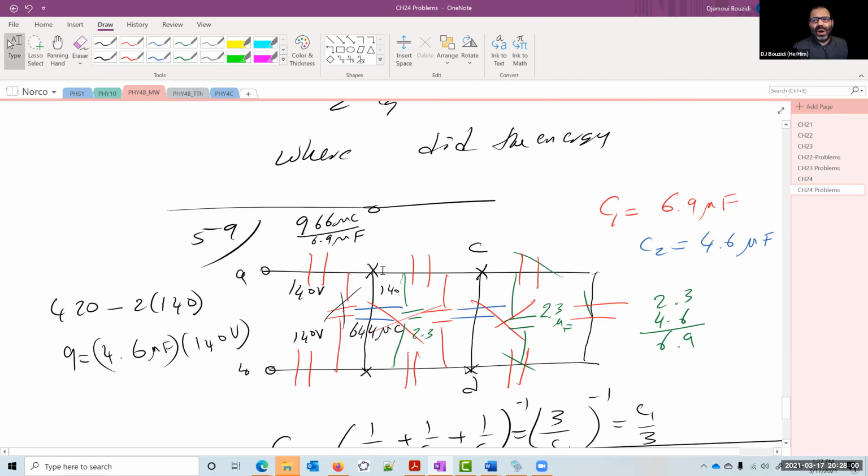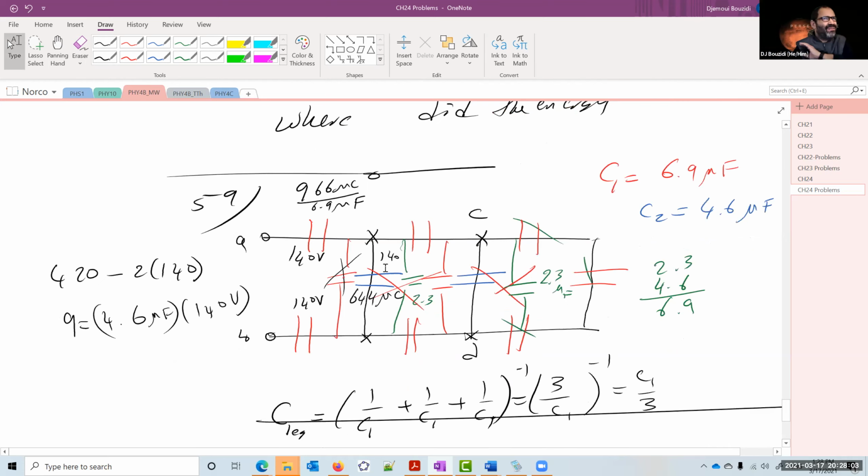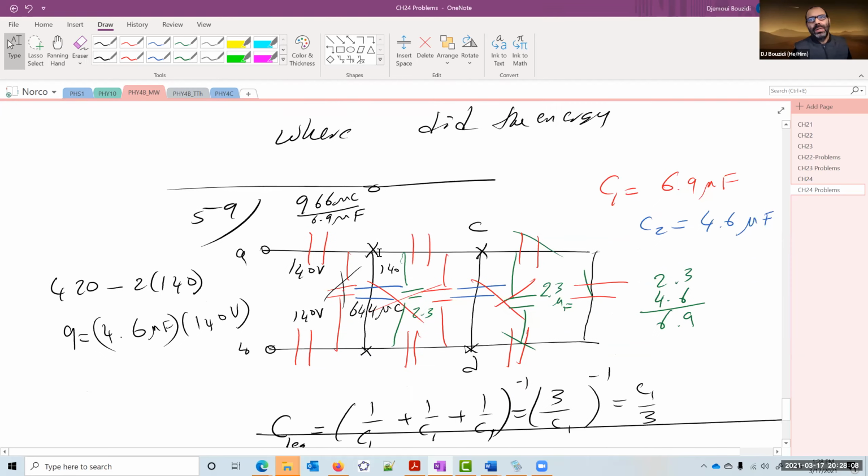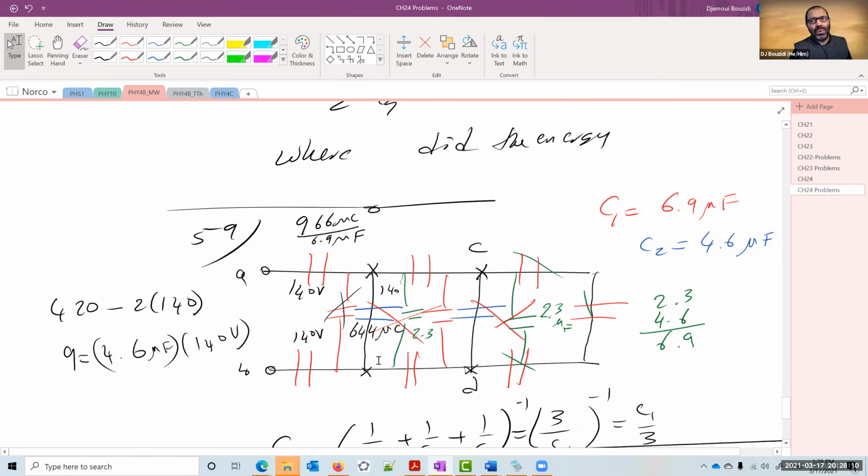Okay, let me tell you how you're supposed to proceed from here. You have a lot of options when it comes to this point. You know the voltage is 140 volts across this blue one. The other voltage is simply going to be also 140 volts across everything. But you need to find this voltage only, which would be less than 140 volts. So you need to find the charge that went in here. 644 went in here, but 966 came in here. So 966 minus 644 should be what?